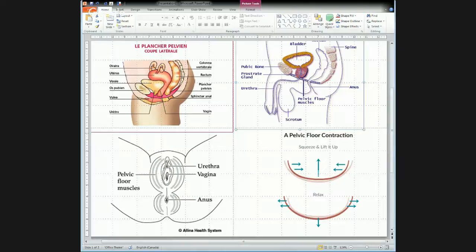So while you're looking at these images here, I'm going to talk a little bit about how we do these Kegels, how we do these floor muscles. We use these floor muscles. So first off, to learn to feel these pelvic floor muscles or the Kegels for the first time, many try to sit on